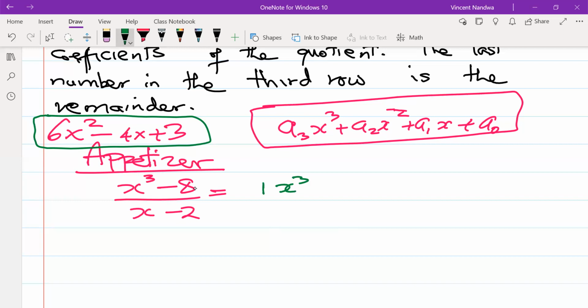But what will be the a2 if this is the polynomial we have? What is the value of a2, coefficient of x squared? No, that coefficient will, when we solve it, it should be back to x raised to power 3. Yes, 1 times x power 3 is x power 3. Okay, so it will be